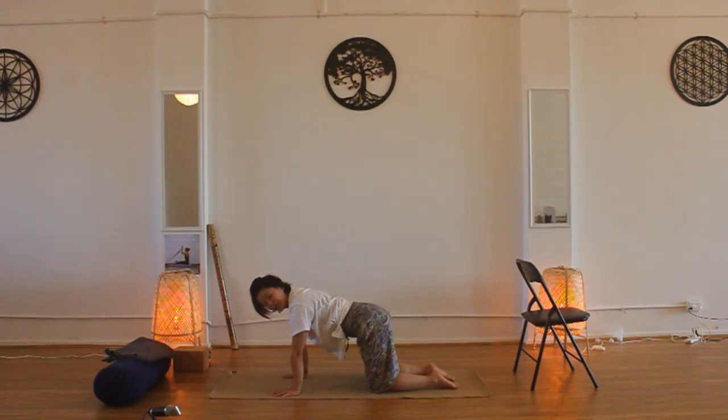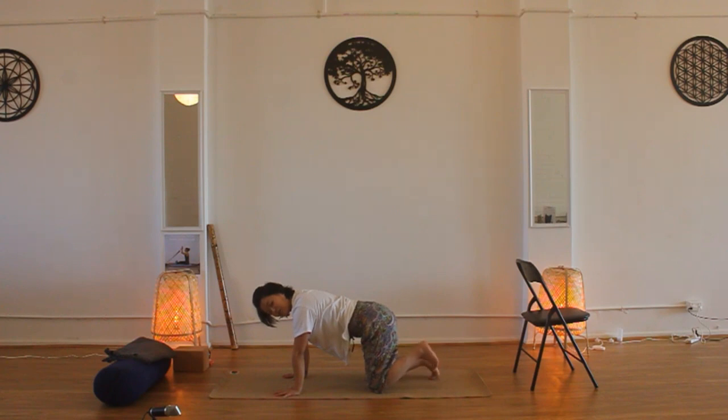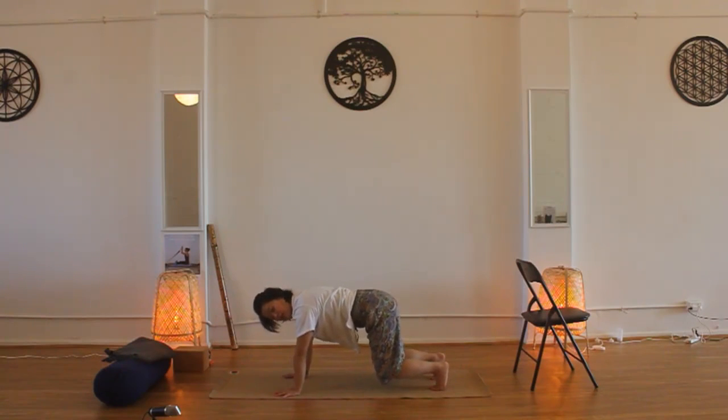From your 4-point kneel or tabletop, your hands are underneath your shoulders roughly, your knees are about hip distance. Tailbone to head really long, so reach the crown of your head forwards. Zipping up through your center. This generally works for most people, so see how you go. You tuck your toes under, and then you float your knees off as you inhale. Float your knees off a little bit or a lot, and then pull your toes forwards, activating, pushing the floor